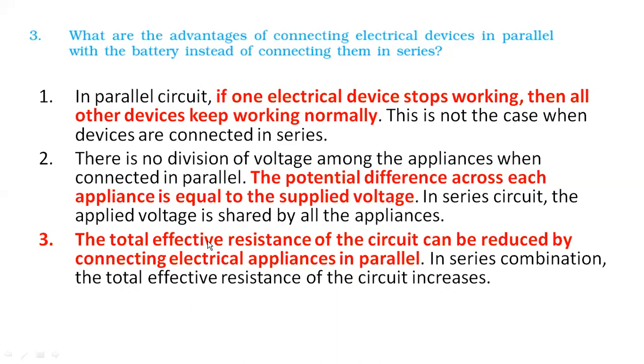And suppose, let's say, if you're asking me, sir, if resistance decreases, what is the advantage? Advantage is very simple. If resistance decreases, that means more electric current will be available to our devices. मतलब हमारे मोबाइल को, for our computer, more electricity will be available if resistance is less. So this is the advantage. If resistance decreases, it's a good thing. ठीक है? And that is available only in parallel circuits. Okay, so give me response in chat box. Have you understood till this moment? Can we proceed for the fourth question?